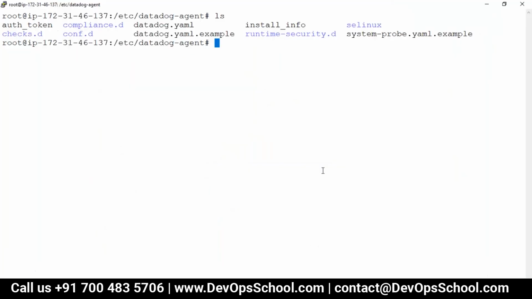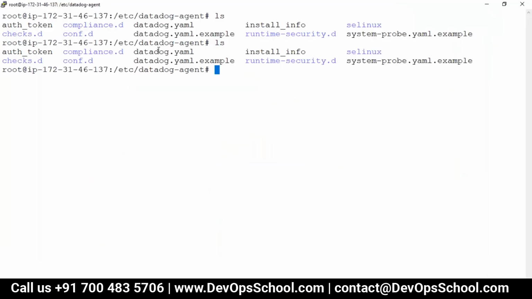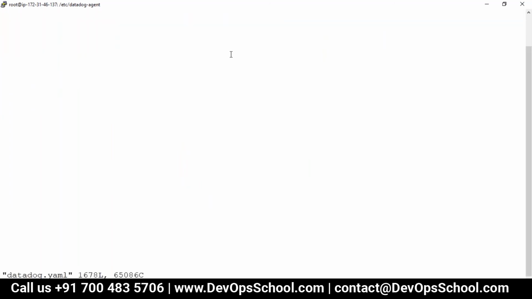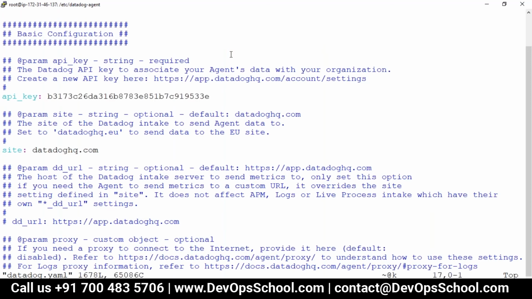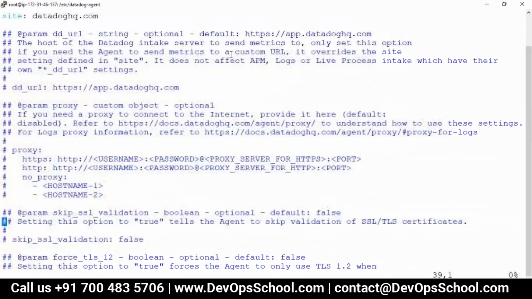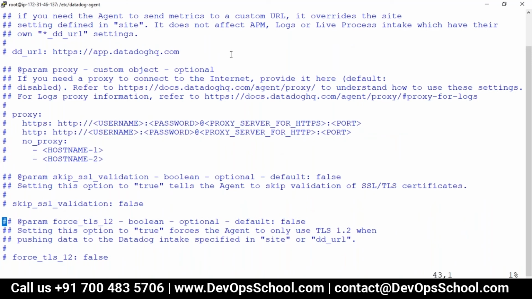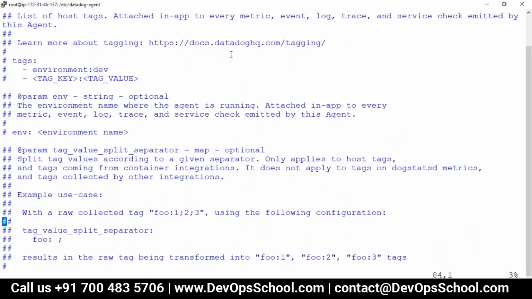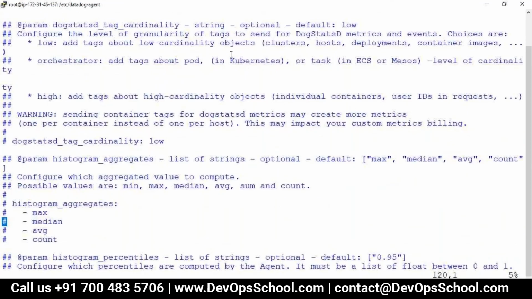That's all. So can we check? So go to vi datadog YAML, and this is the file which you have to be most comfortable with. So process config, you have to get comfortable, but I'll just search for it.